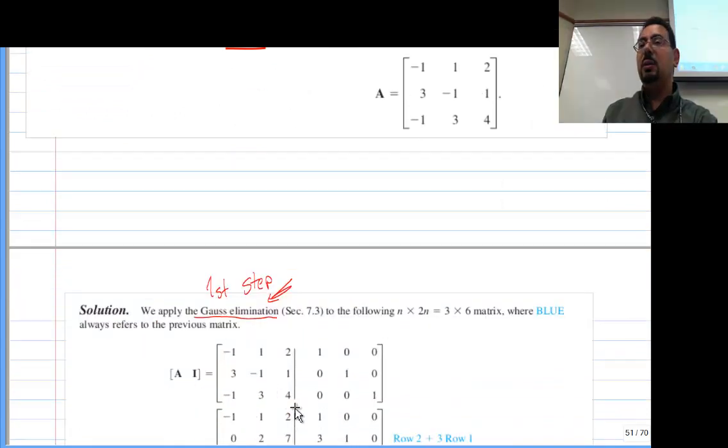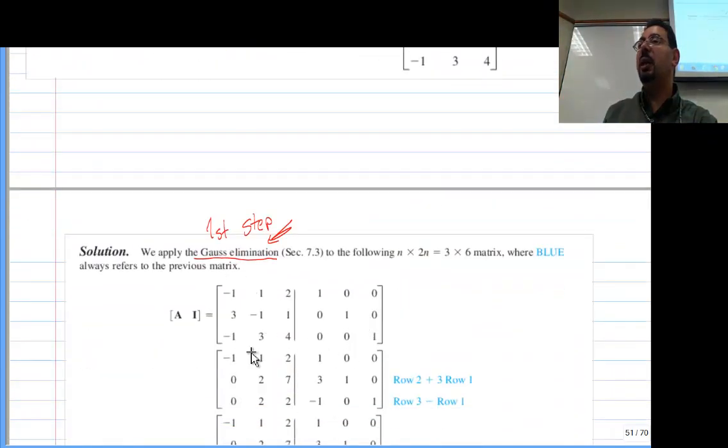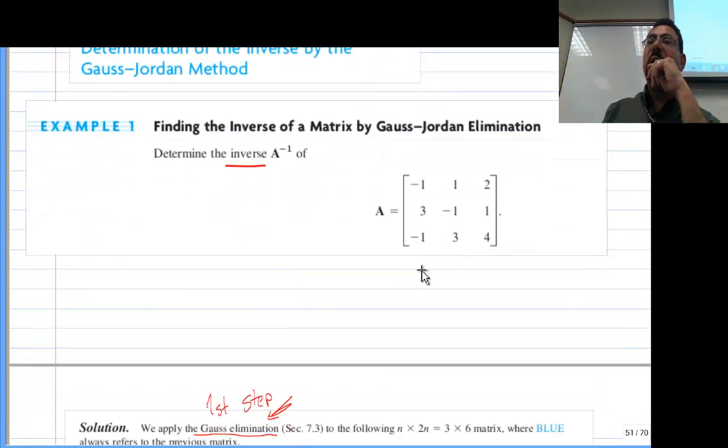Well, you put the A, okay, and it's not the B, only the A. The B is not there, so only the A. And by the way, we cannot get the inverse of a matrix that's not square, so it has to be a square matrix, right? So it's n by n. So here is the A,